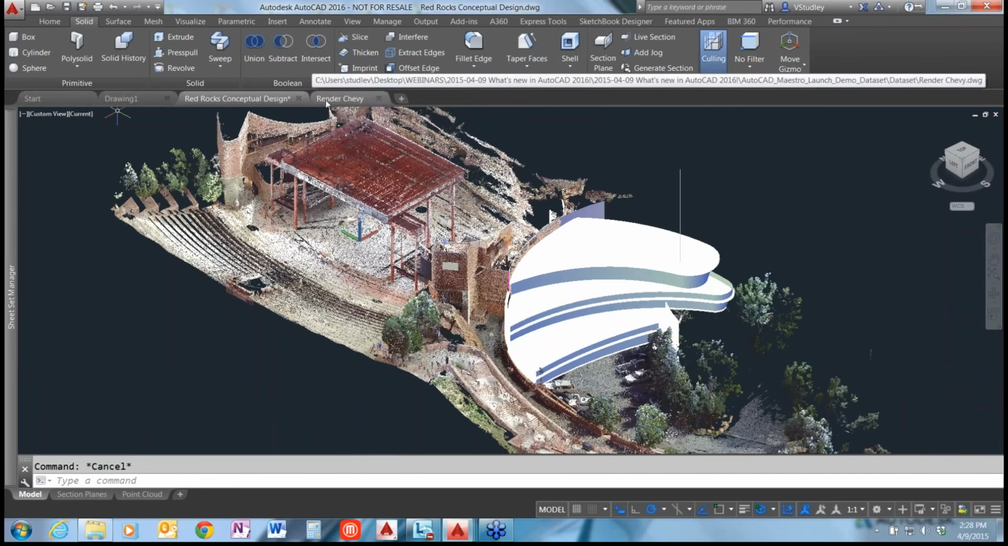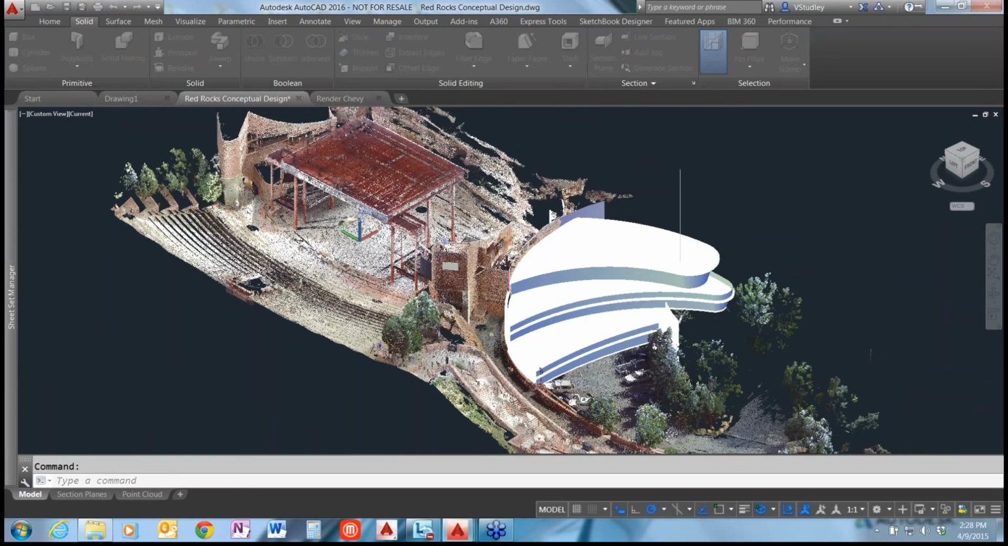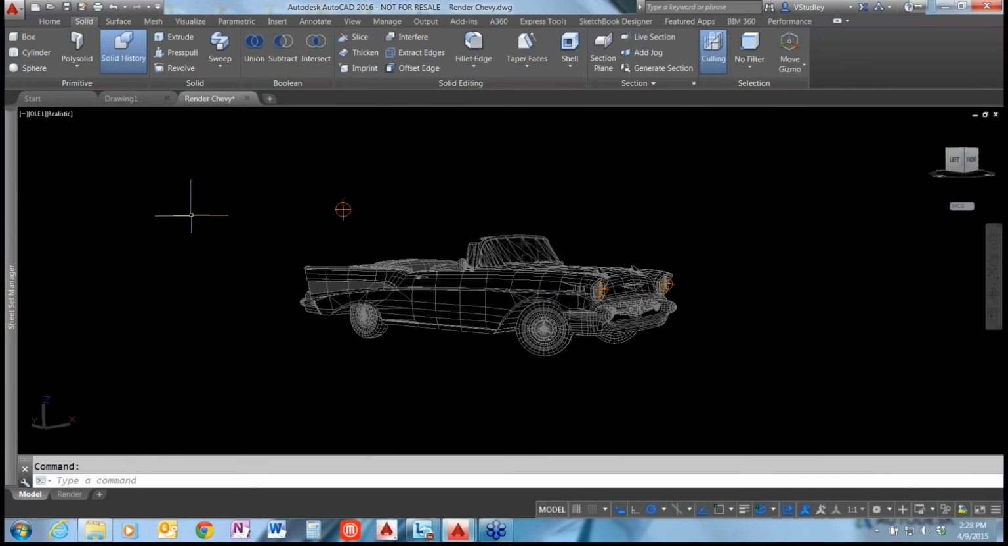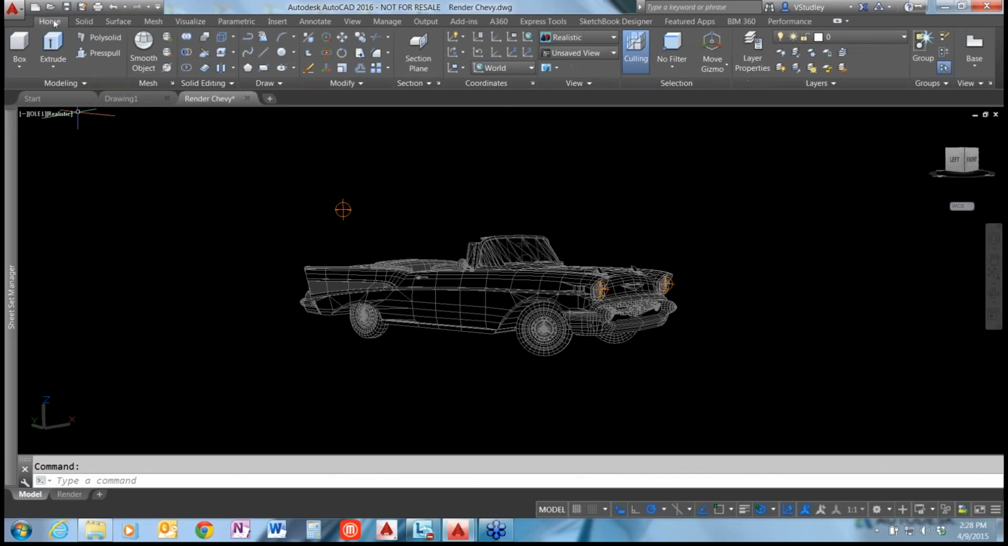Let me jump over to, I'm just going to close out this drawing now so I'm not using it. Yep. Okay, so let's jump into the render engine here. So the render engine was changed in 2016. We were using Mental Ray previously, and this is now RapidRT. And it should be a little bit more intuitive for people to use. It's a little easier to learn, and the